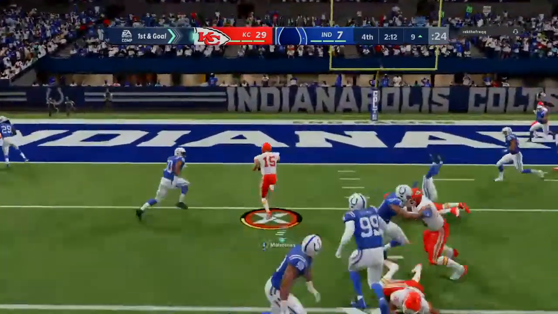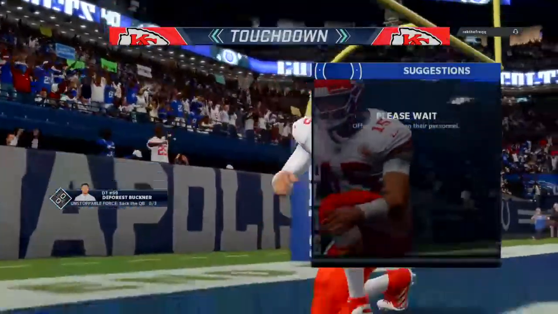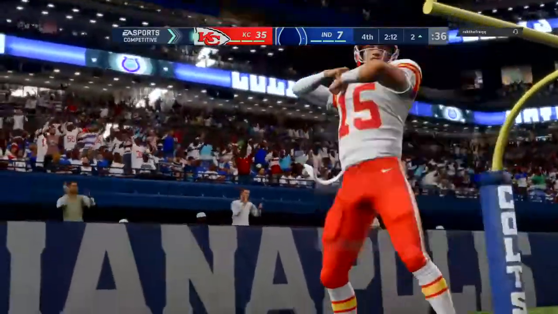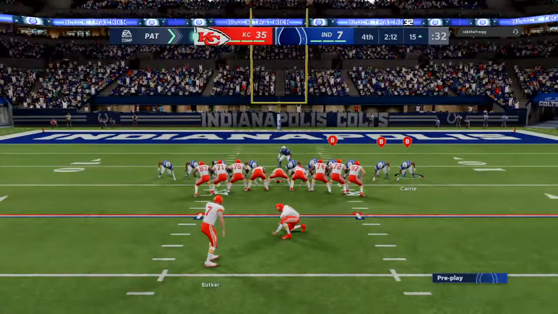On 1st and goal, they'll try the option left. And he takes this into the end zone for a Chiefs touchdown. Patrick Mahomes doing it himself from 9 yards out. And thanks to the interception, the Chiefs offense cashes in with...